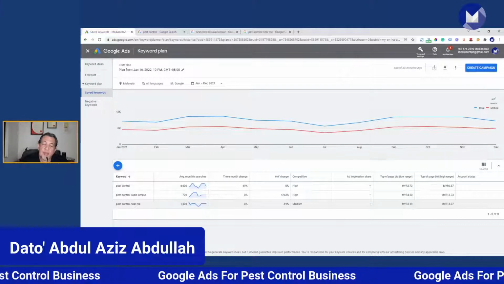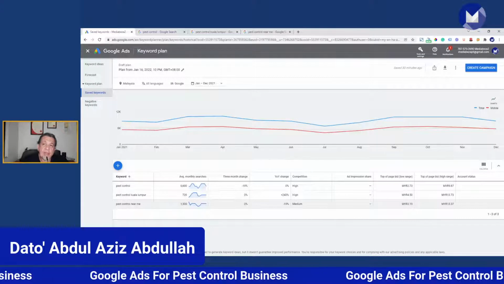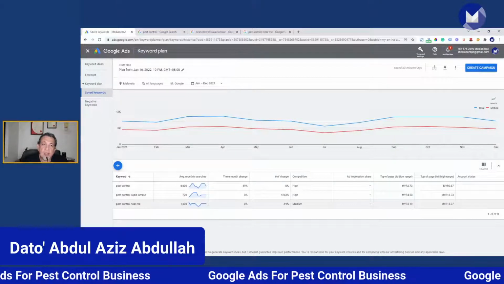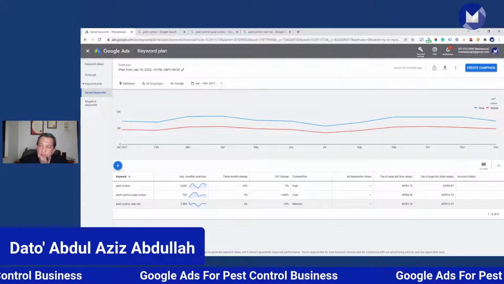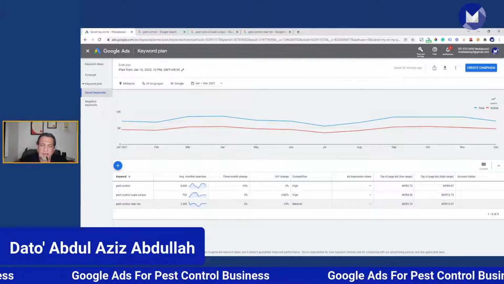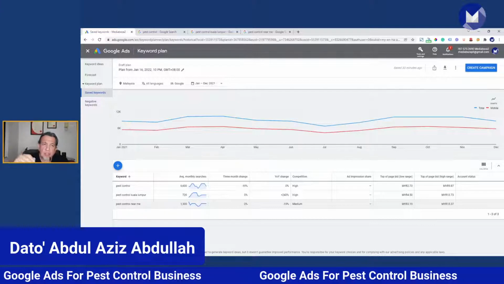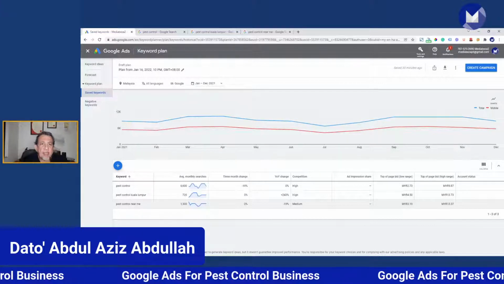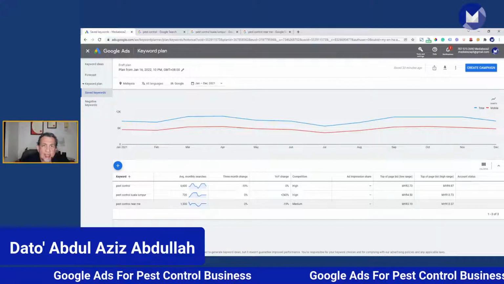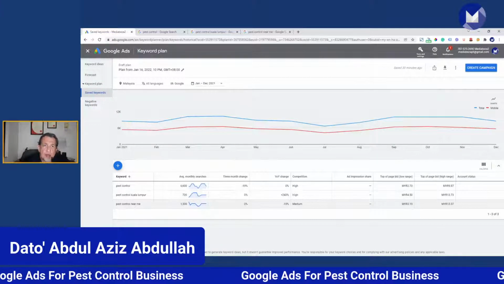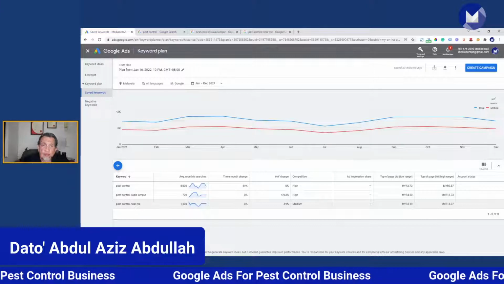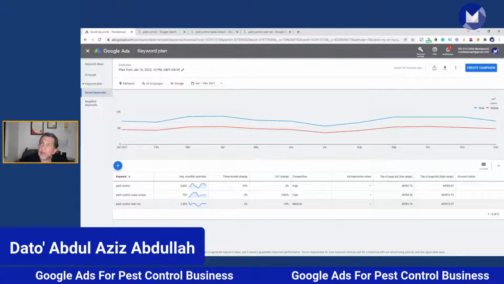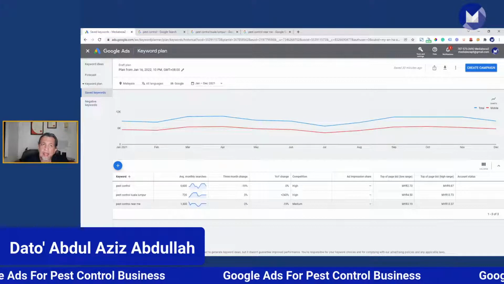Actually, we do not know how many people are bidding, but Google gives a range of the expected price for each click. So the good thing about Google, we can actually get an estimate of how many clicks we will probably be getting if we start the campaign, and also what sort of money